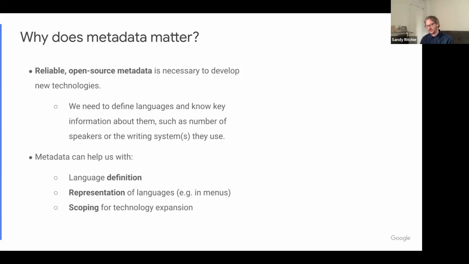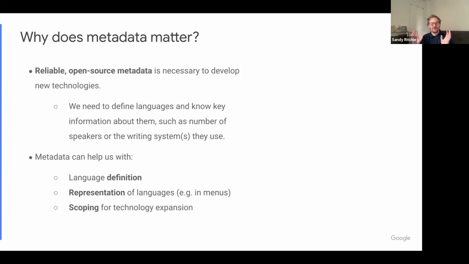And I'm sure many of us are aware of the inherent problems there, because sometimes you see your language defined or referred to with a name which is not really the name that the people actually use, or it's some kind of official name that's not in sync with what the community would really prefer to be represented as. So even something as simple as a language name is really difficult to get right.